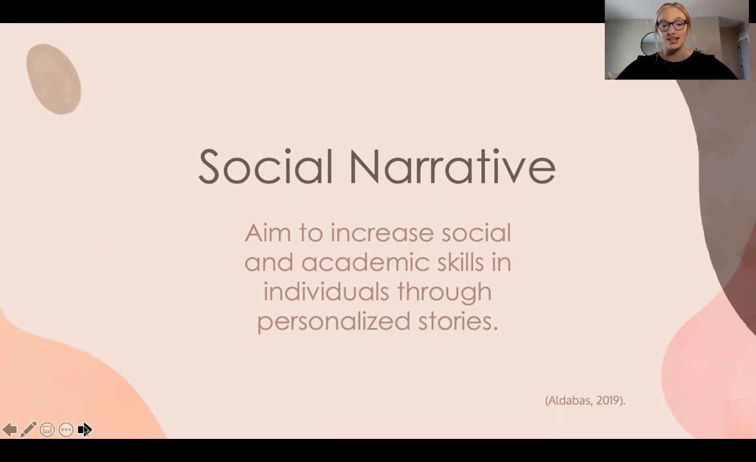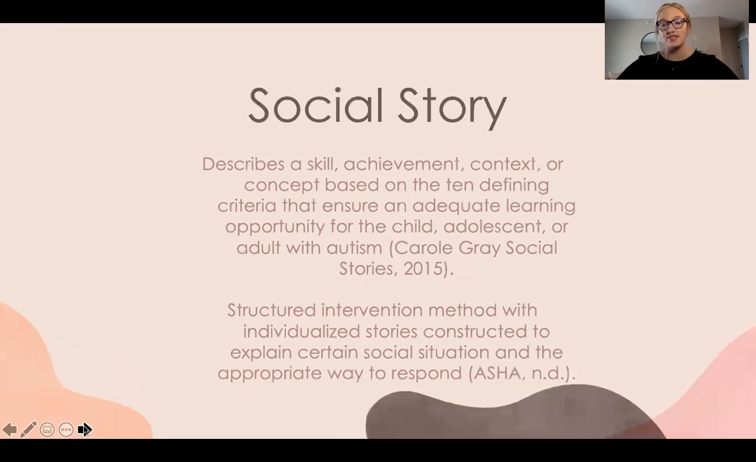a social story next. A social story was developed by Carol Gray in 1993, and she defines it as a story that describes a skill, achievement, context, or concept based on the 10 defining criteria that ensure adequate learning opportunity for the child, adolescent, or adult with autism. Again, for it to be a Carol Gray social story, it must have those 10 defining criteria, which I'll go